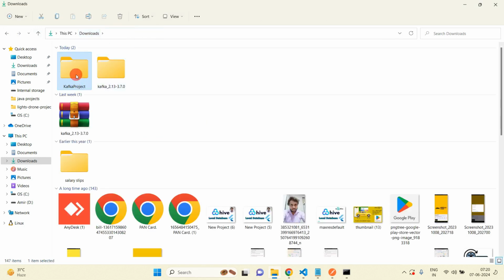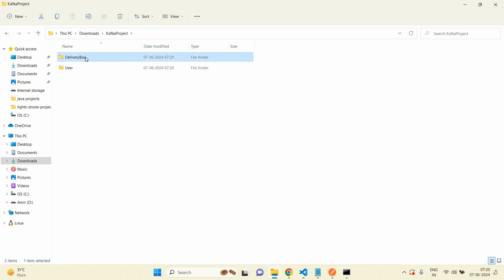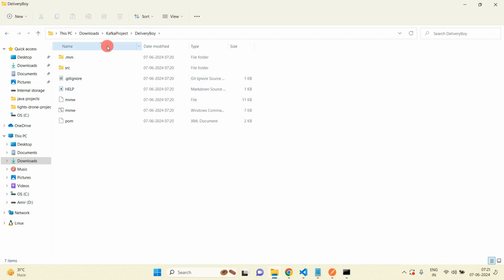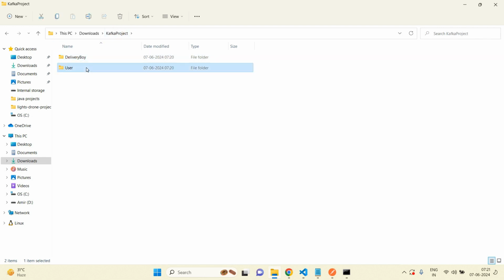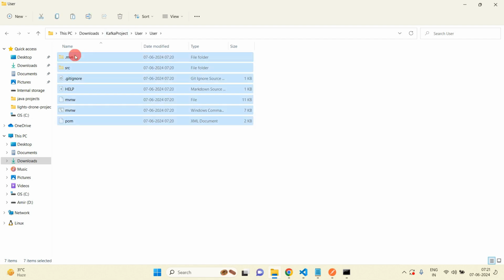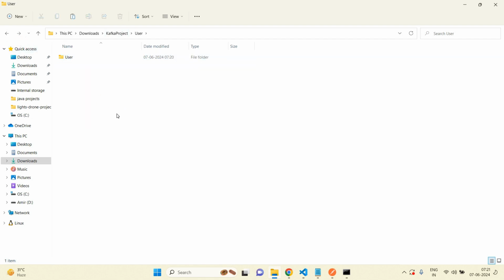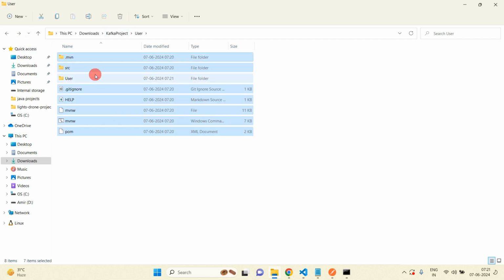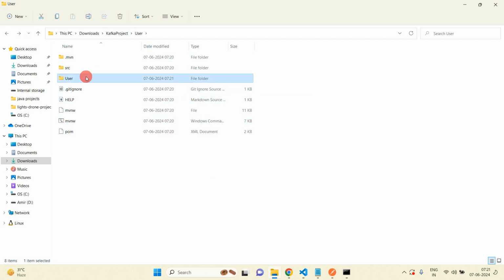This is the Kafka project folder, and inside delivery boy we have all the files. Now I am going to do this for user also. Just open this, select this, go back and paste here, and then remove this user folder. So here you can see the delivery boy and user applications are there.